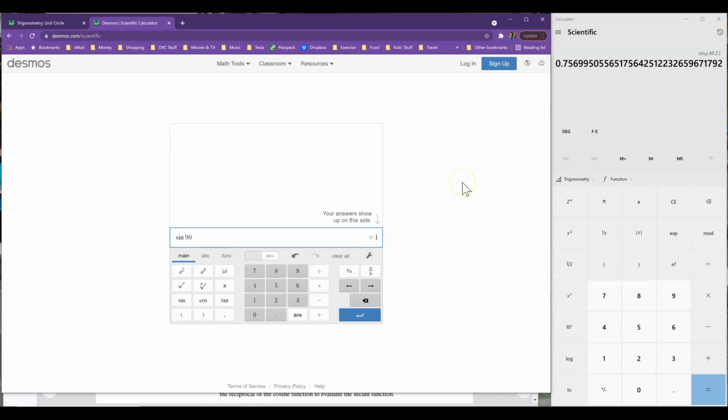So if I can just back up, like typing on a typewriter or on your computer screen. Now if I wanted, for example, to put in 49 degrees 12 minutes, I could make a parentheses here and then put in my angle to be 49 plus 12 divided by 60, and then close the parentheses. That way I didn't have to enter it first, produce 49.2, and then take sine of that. I could just put it all in